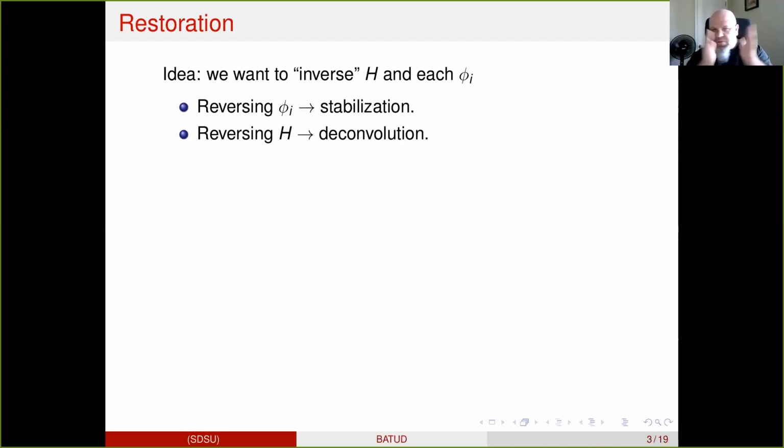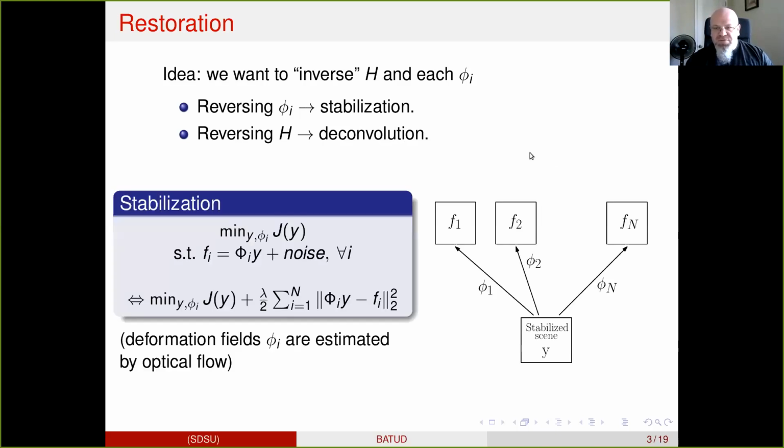It just regularizes the geometry within the image. The second step, reversing h, is the deblurring, which is basically a deconvolution process. And in this talk, I will focus on this second step. But just to give you an idea of how we can also do the stabilization, I have this very short